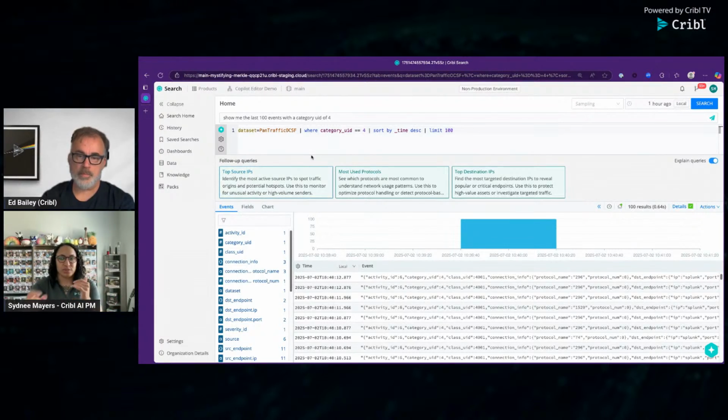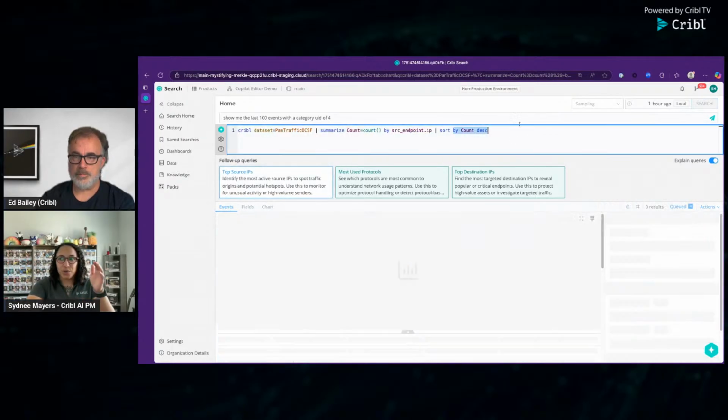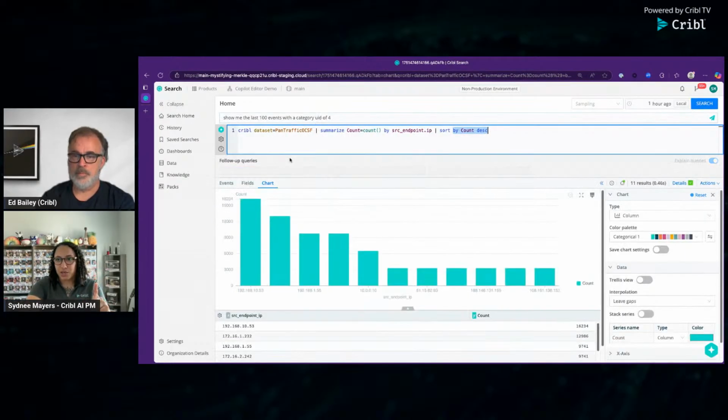So my top source IPs, for example, just shows me what's active, to understand where most of my traffic is coming from. What IP addresses is that involved with? And you'll see here I have 3 different ones. I'm just going to go ahead and pick one, and you'll notice it updated my query up here. So now I can see all my source IP addresses spread out here.